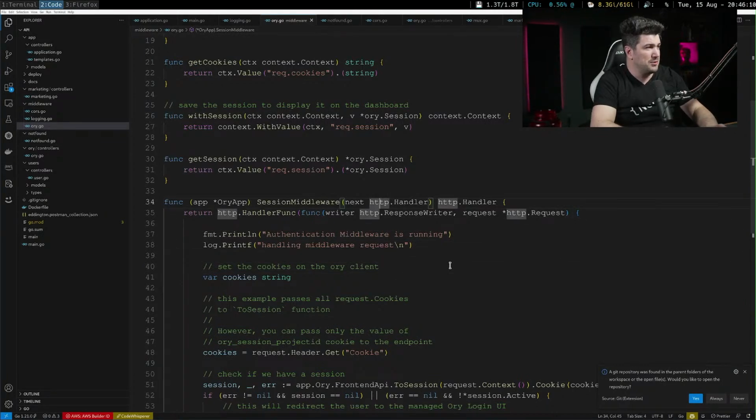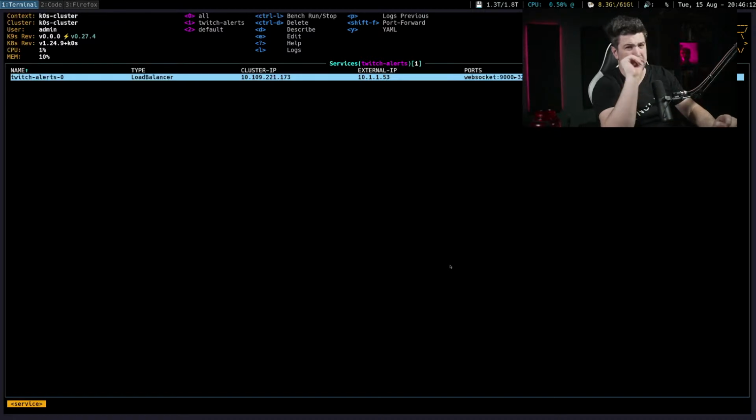Have you guys ever used K9S? I think I'm going to do a Mighty Mini Monday on it. I've never actually got into using it because when I was doing a lot of educational stuff around Kubernetes, the tests are all with kubectl. That's all you're allowed to use. And so I tried to target that group of people trying to learn for that.